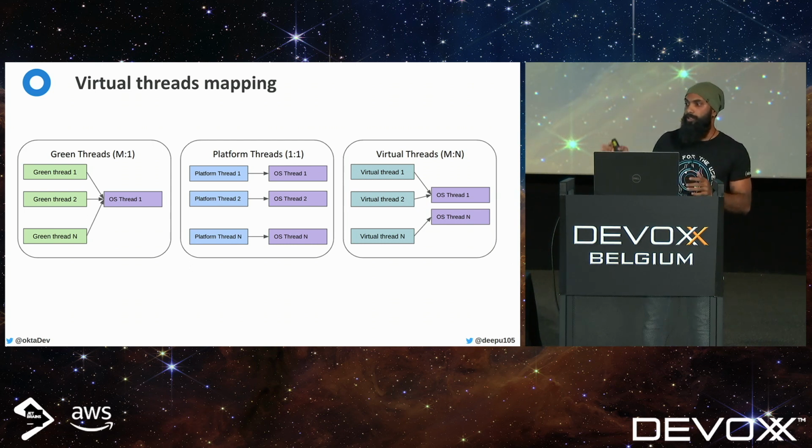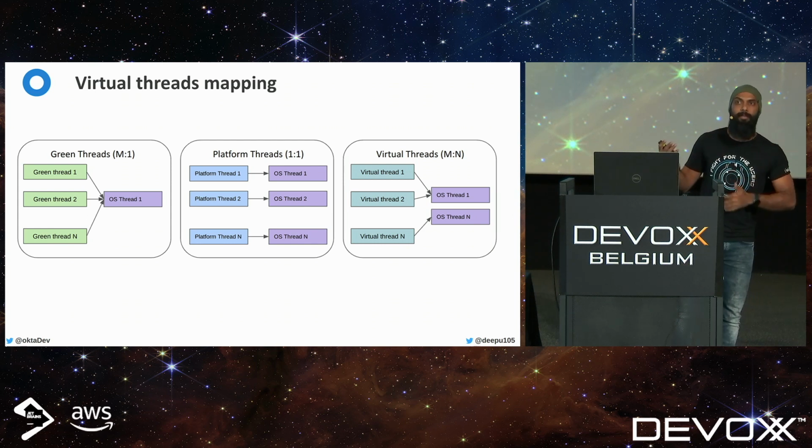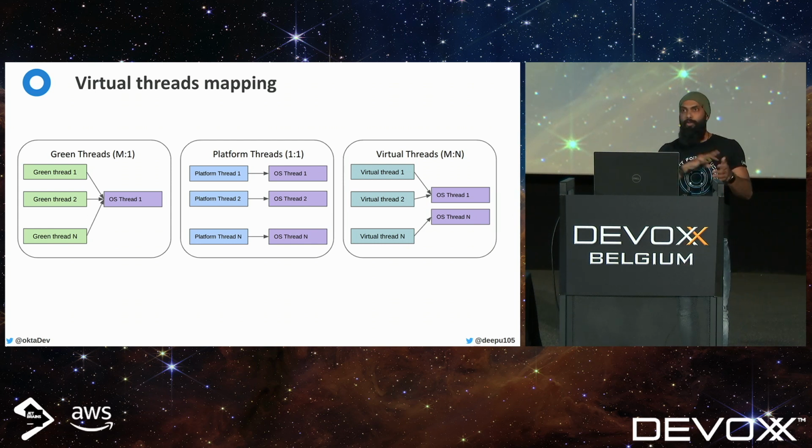Regardless of the number of virtual threads you have, the number of OS threads that will be used to mount them is decided by the JVM. You have no control over that. You cannot set affinity, or control those in any way. They are all managed by the JVM. It decides how many OS threads are needed for the number of virtual threads that you're running, based on the load.